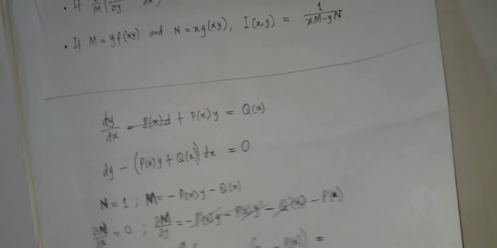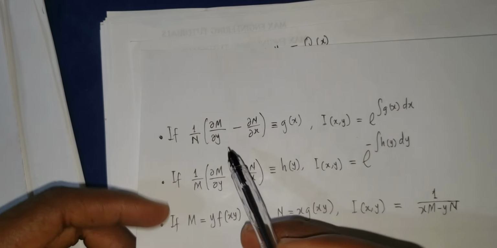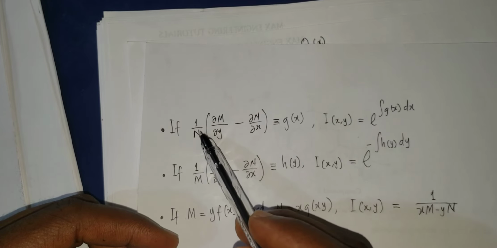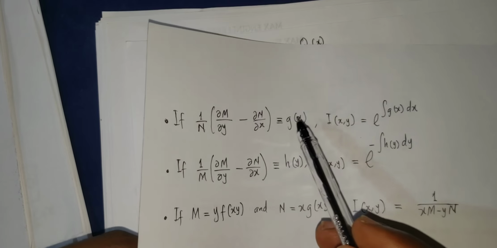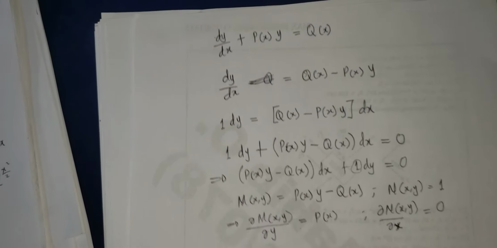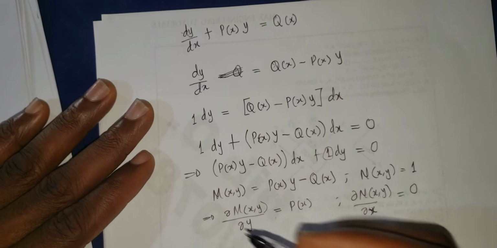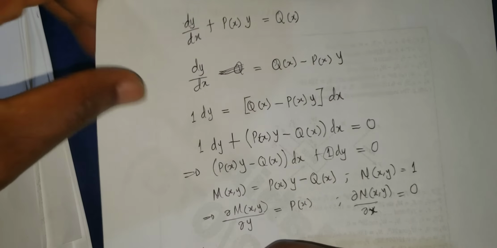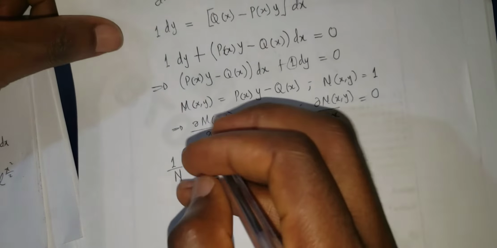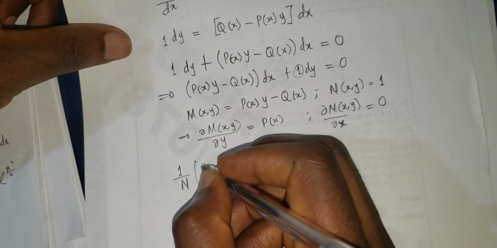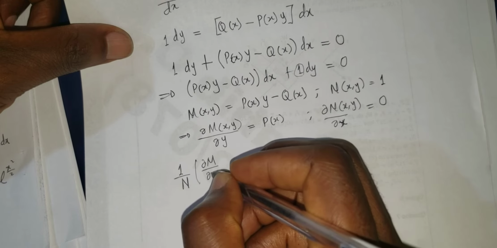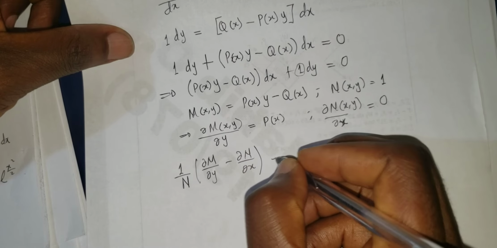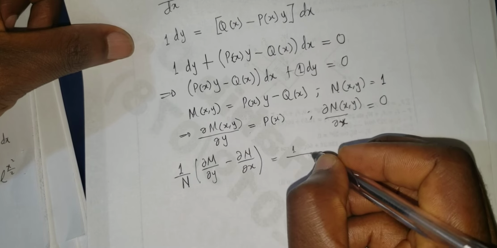And so, like we said before, we'll consider this condition first. We'll try to get the difference between these, then divide that difference by n, and see if it's a function that's going to be dependent on x alone. It's obvious here that that is true, but let's work it out. We're going to have 1 over n, make sure you're seeing that on the screen, 1 over n into del m del y minus del n del x is going to be equal to 1 over